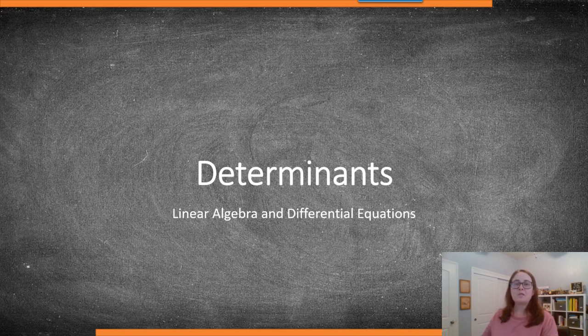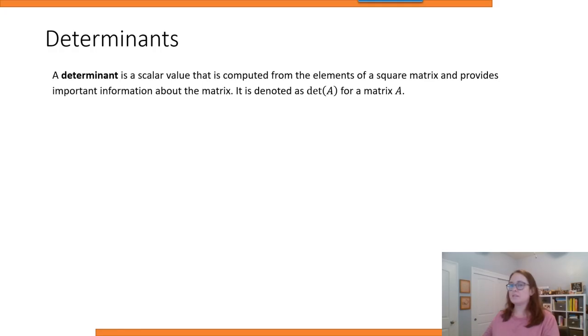Hey there. In this video, we're going to learn how to find the determinant of a matrix. A determinant is a scalar value that is computed from the elements of a square matrix, and it provides us information about the matrix. So when I'm finding the determinant, I'm getting a number out of my matrix. And for notation, if I'm talking about a generic matrix, say A, then I will put a DET in front